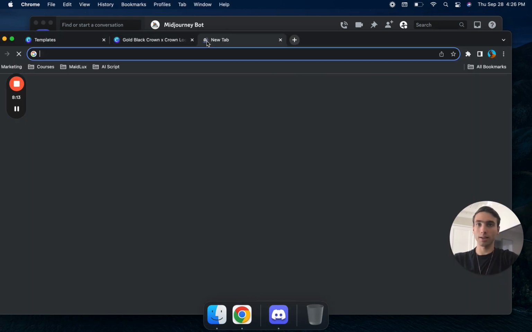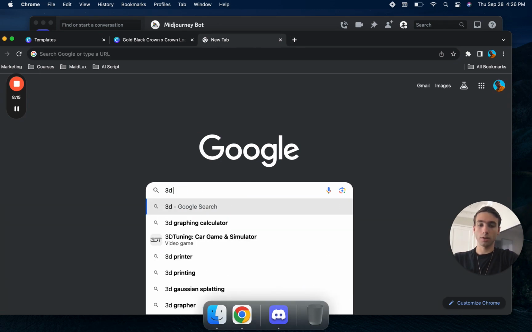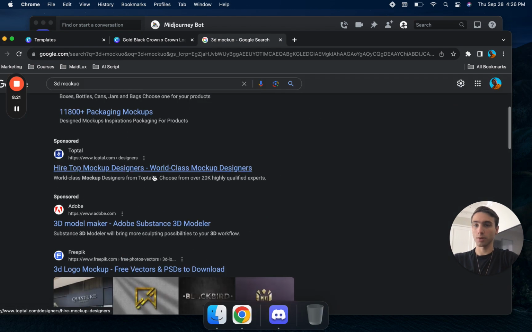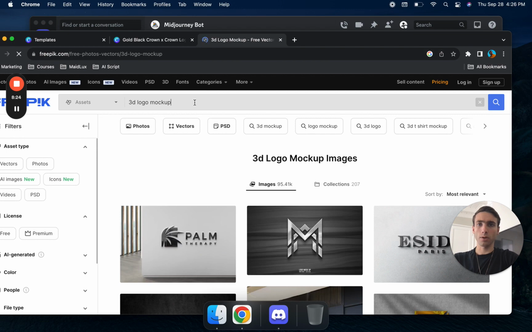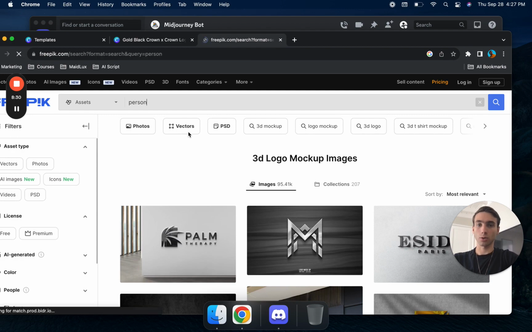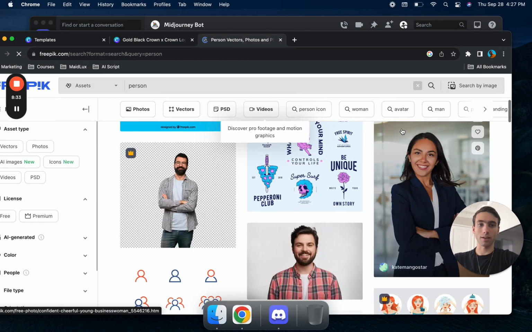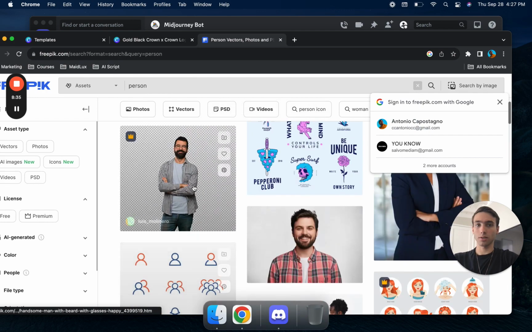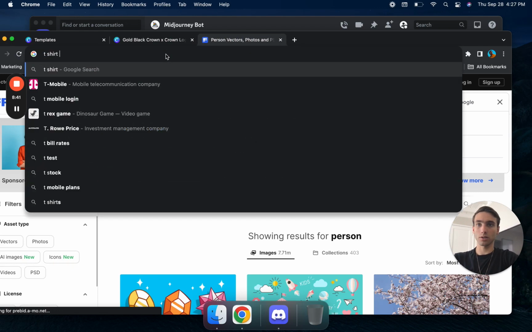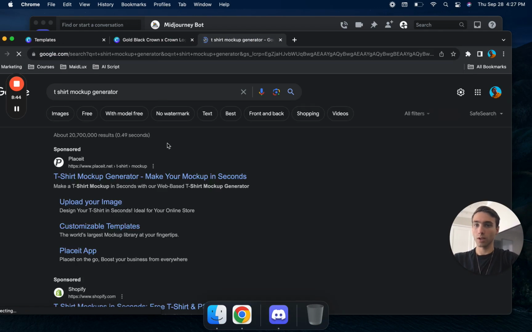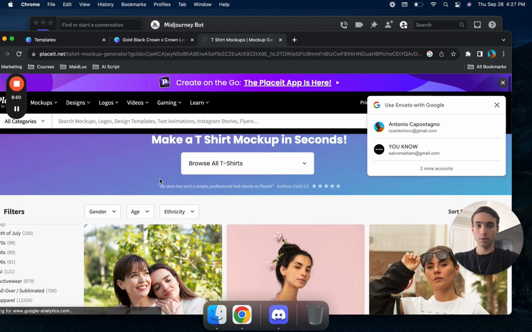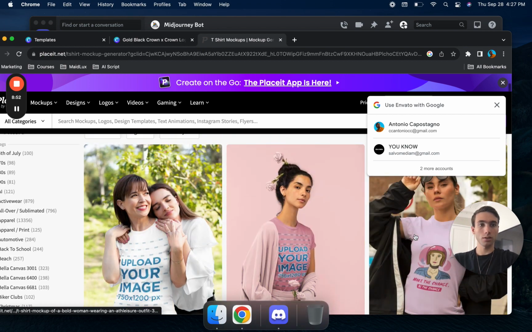Now, if we can't find any there that work for us, we can always go to 3D mockup, and we can always use one of these 3D mockup generators, like Freepik. You can go over and type in person or t-shirt, stuff like that, and find these that you're able to use to mock up. Let's say t-shirt mockup generator, and there's even some apps for it too. Placeit is the one that I like to use. So you could go here and click on that,